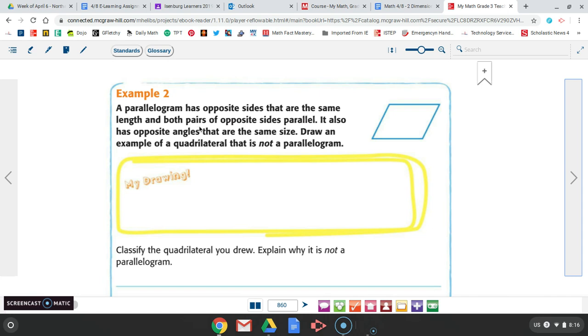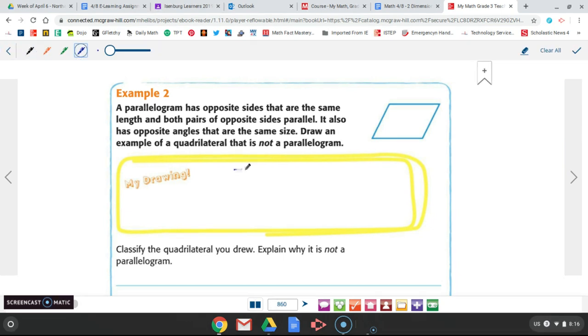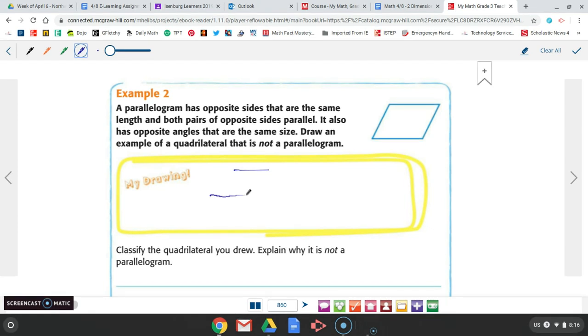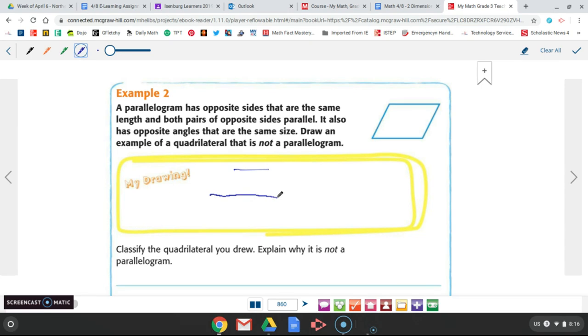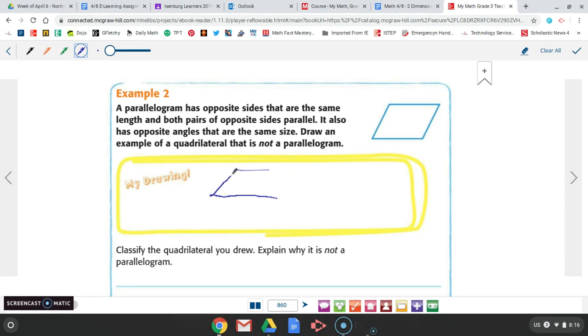So if the rule about a parallelogram is that the opposite sides have to be the same length, well, we can make a shape where the opposite sides are not the same length. So I could draw a top side that's this length, and I can make a bottom side that's a little bit longer, and then connect it. And this shape is not a parallelogram. And I know it's not a parallelogram because a parallelogram has to have both pairs of opposite sides equal and parallel. Well, these are not equal length,